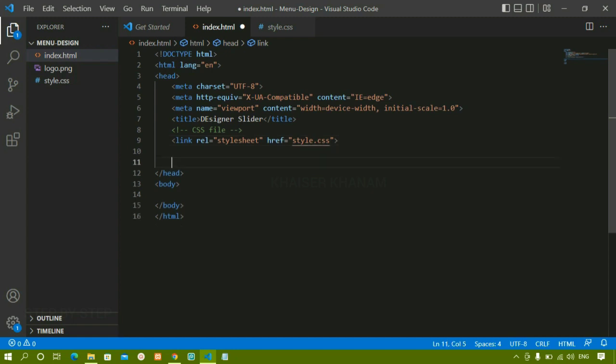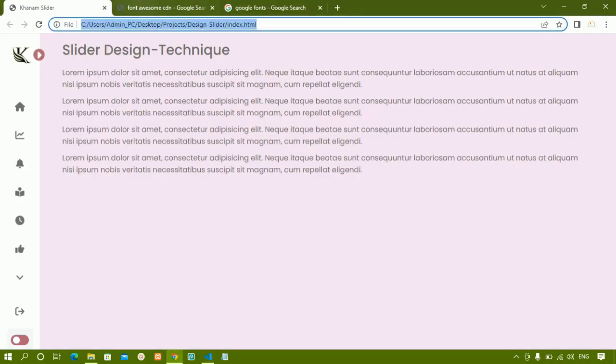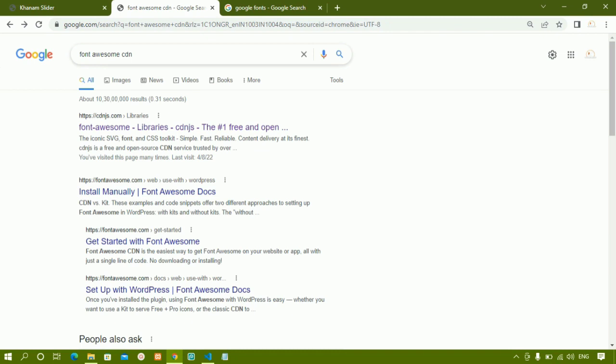Below this, I am just going to write one more comment. I will just write here font awesome icons. First you can do the basic setup. Once you are done with basic setup, then we are going to start with the code. Below this, I am just going to link this font awesome link. I will come here, just type font awesome CDN. We will be having this first website. Click on this one,